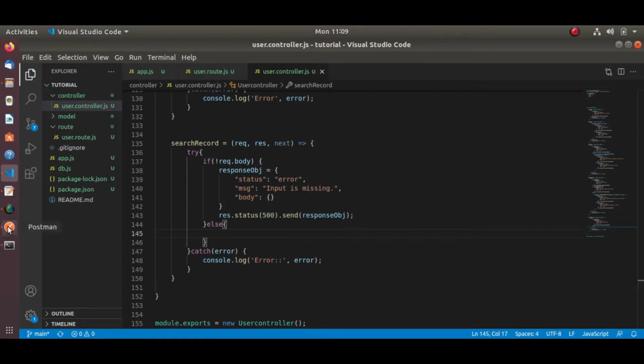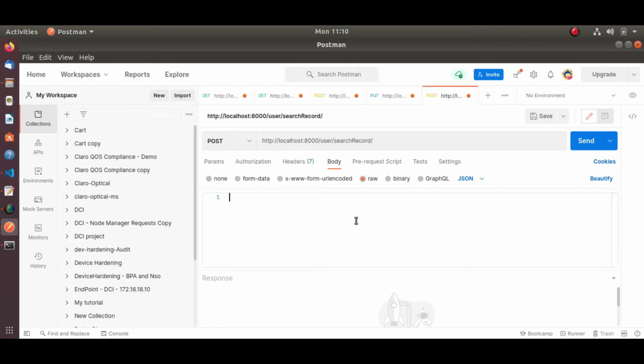So here let's prepare the body part first from the Postman. So search.